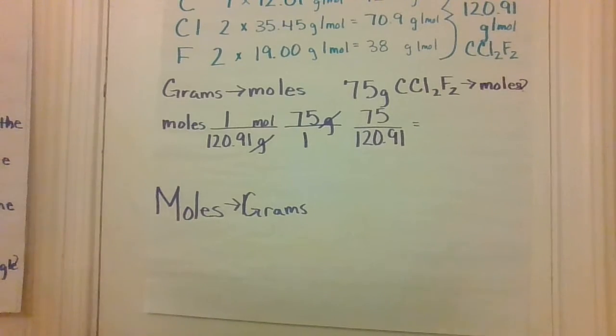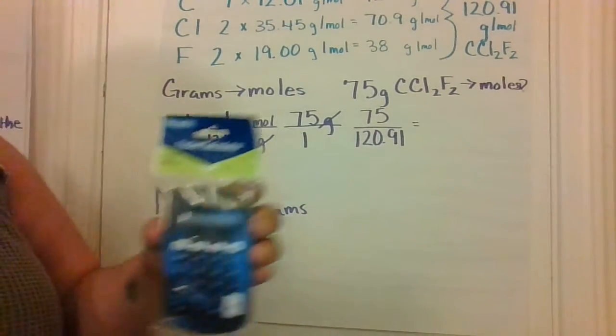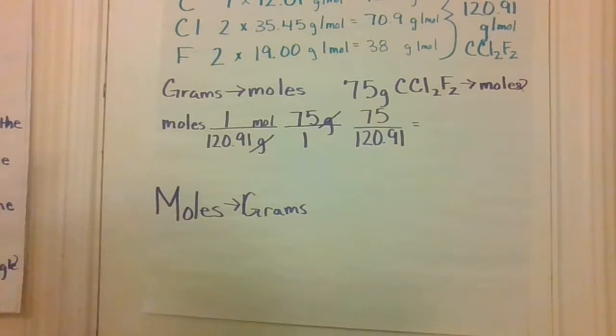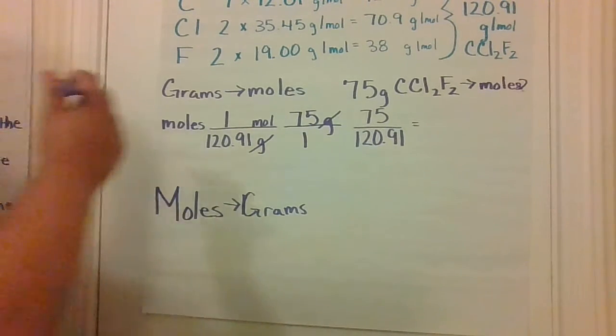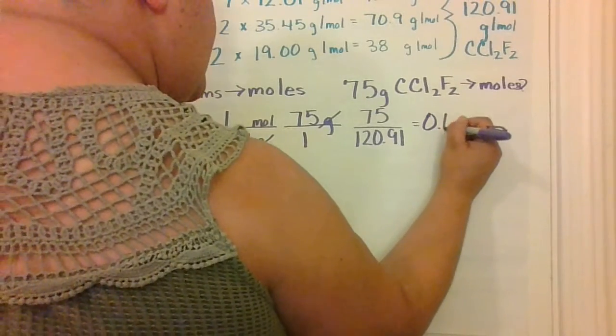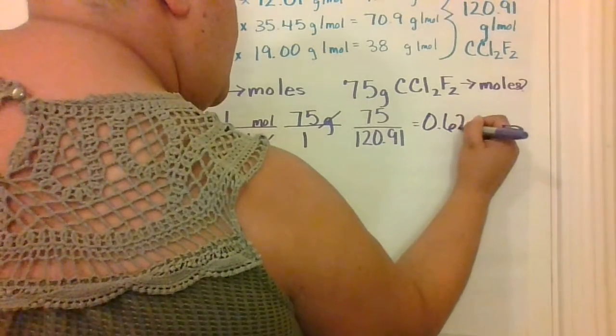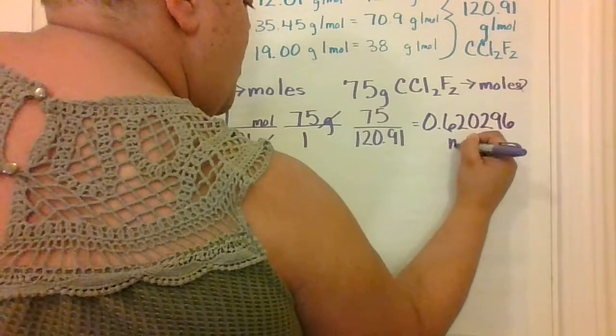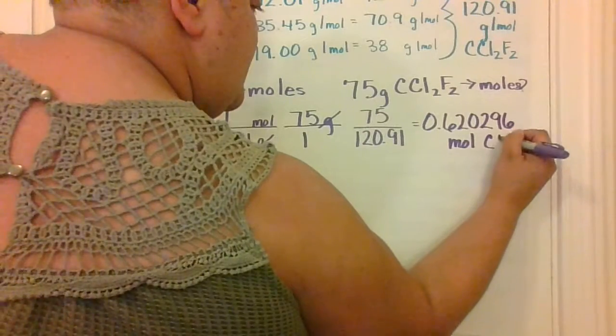And for all of the mathematics in chemistry, I have found something as simple as this $1 calculator is just enough to do what you need to in your chemistry courses. So if we divide 75 by 120.91, we are left with 0.62026 mole of